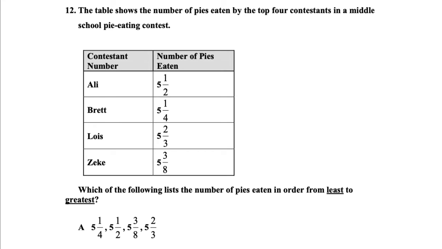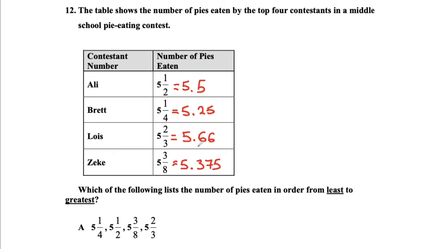So for this question, we need to change the mixed fractions to decimal numbers. So 5.5 is the same thing as 5.5. Let me rewrite that. 5 1/4 is the same as 5.25. 5 2/3 is the same as 5.66. And 5 3/8 is the same as